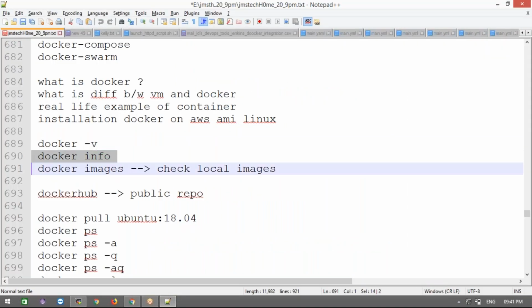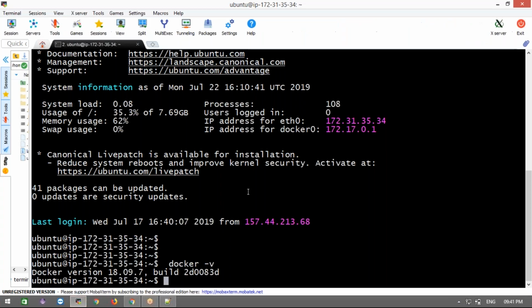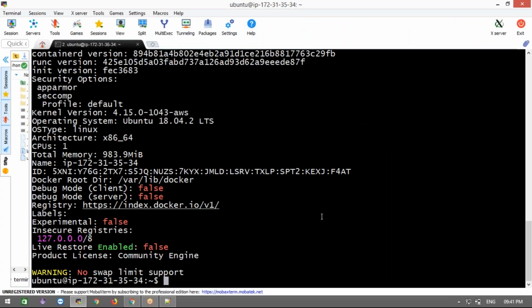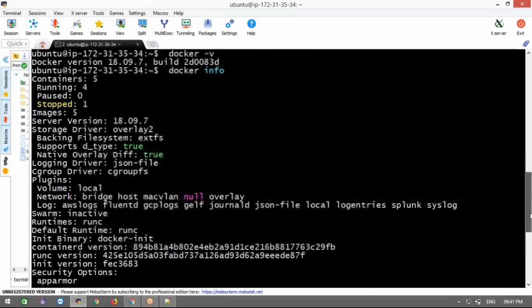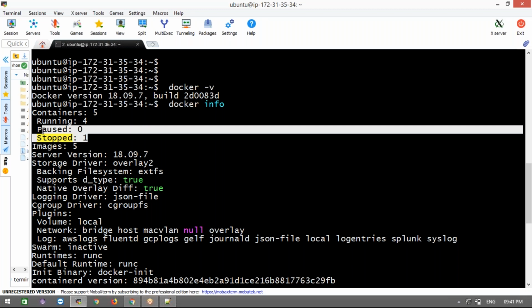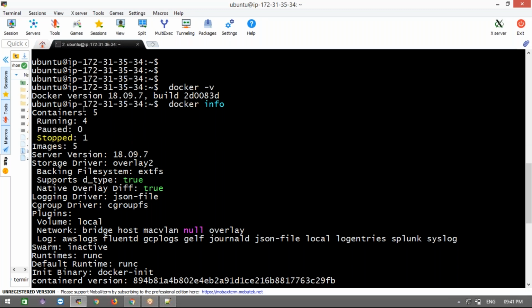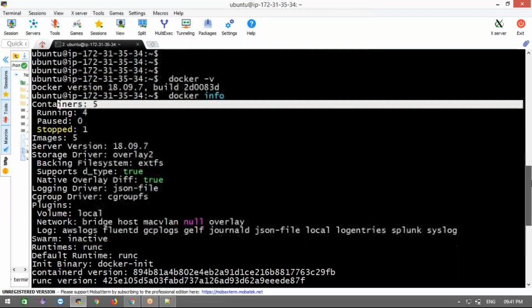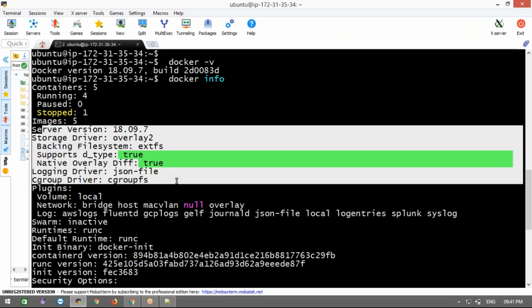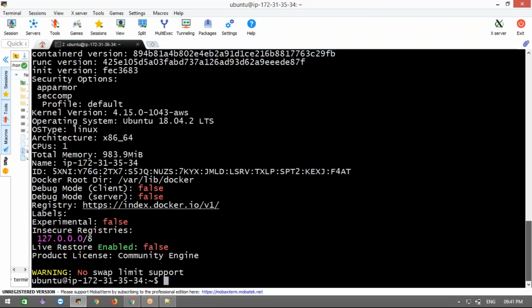This docker info, what will it give? It will give the complete information about Docker on your local machine, right? How many images we have, how many containers we have, how many containers are stopped, how many running containers there are, how many total containers there are. Total containers means stopped containers and running containers. Okay, everything, all information, what network it is using, what file system it is using. It gives the complete information about your Docker daemon service level.